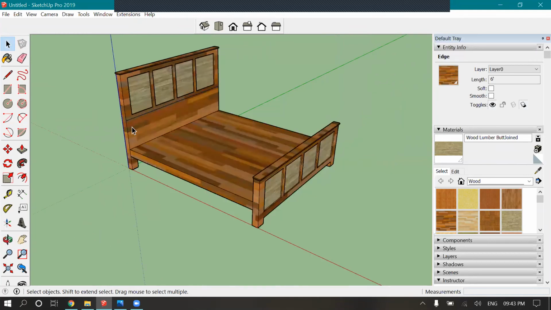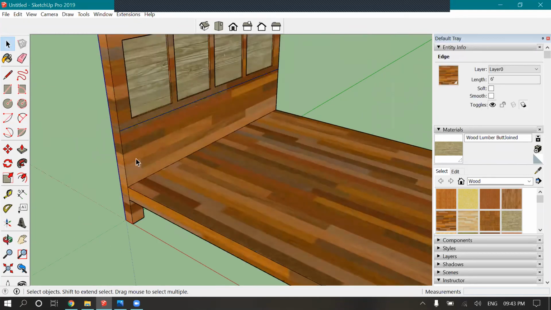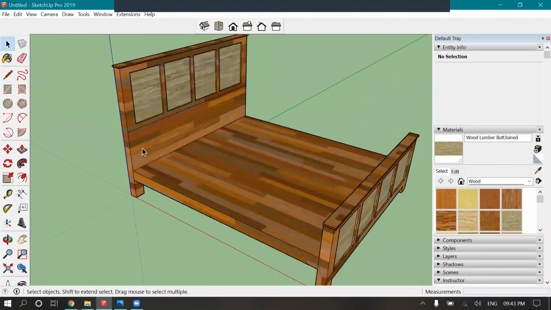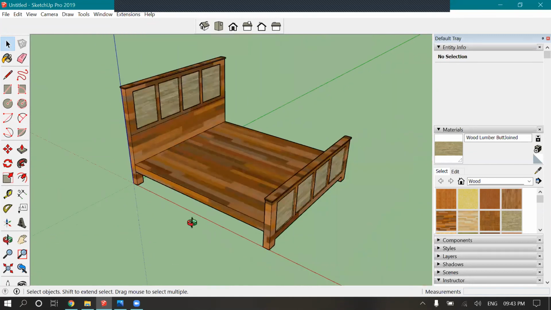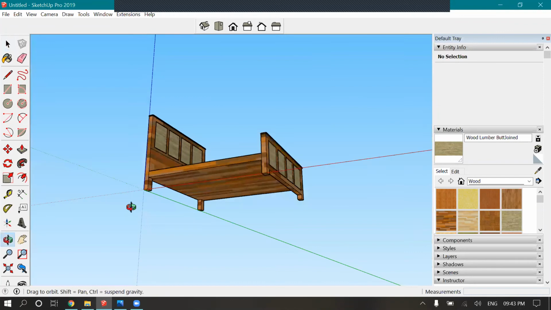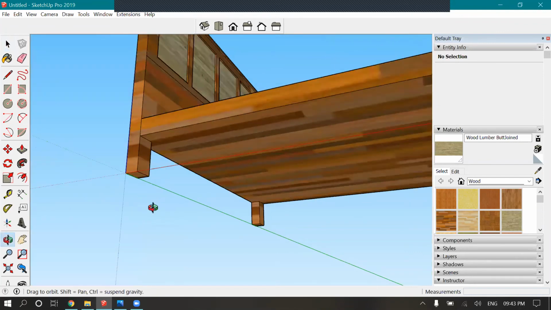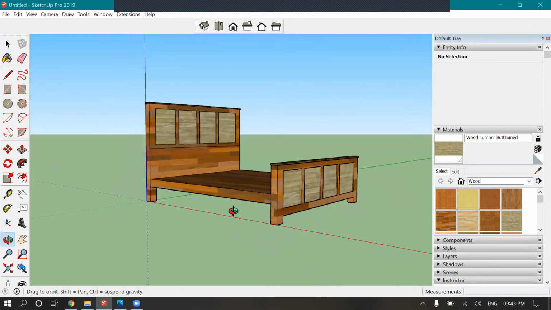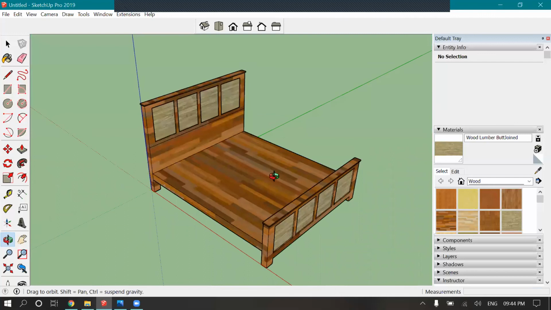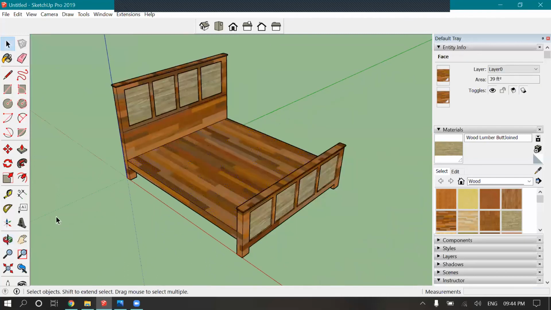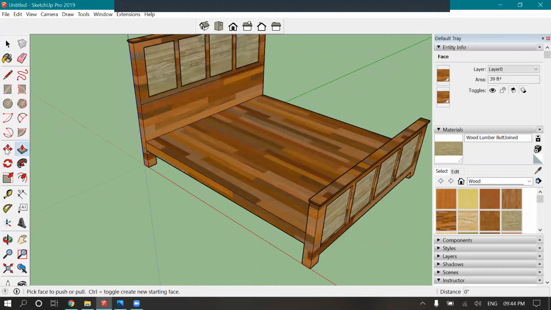Both, like unwanted objects, as in what you removed, that mattress part. Do we have to delete it? No, no, sir, don't use the delete box.